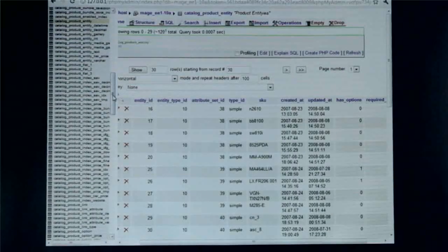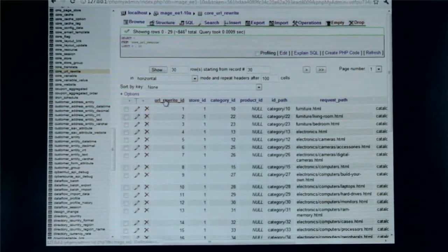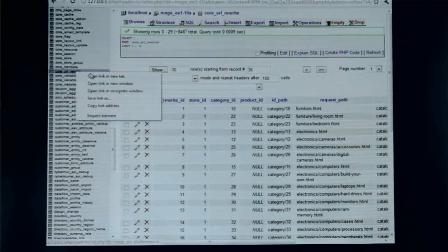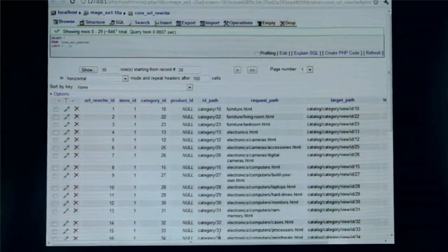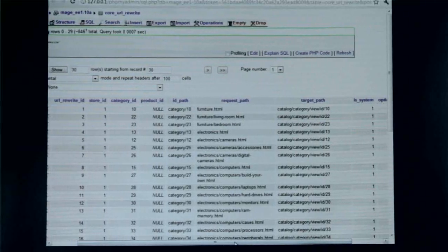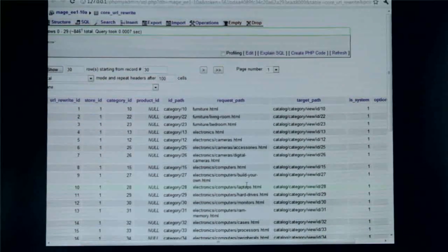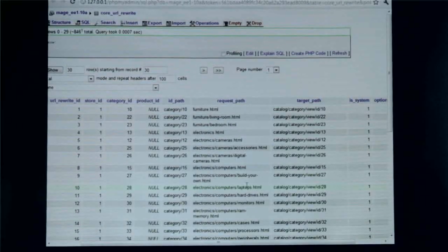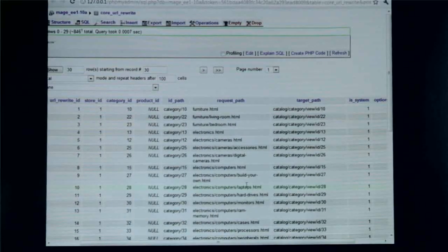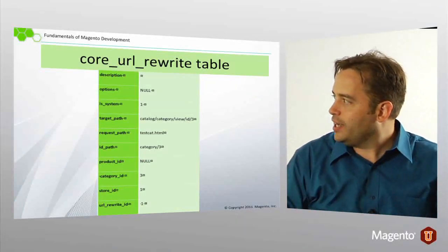In the database, these are stored in core URL rewrite table. Okay. So, and again, this whole system here relies on Magento's the same Magento model and conventions that we'll use for our modules. All right. So, core URL rewrite table. I just showed you that,